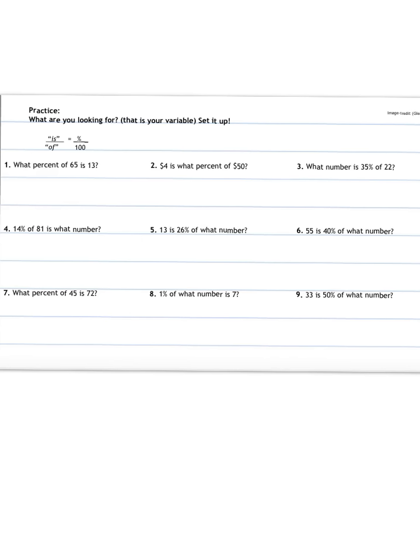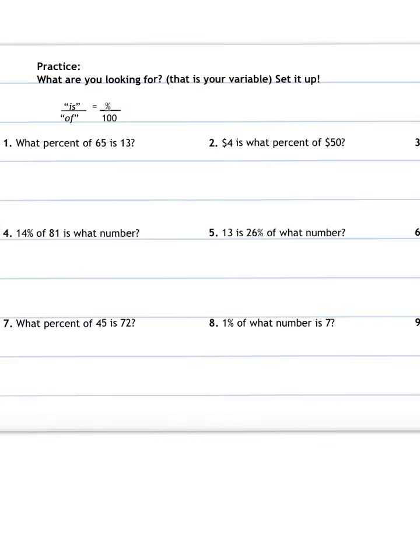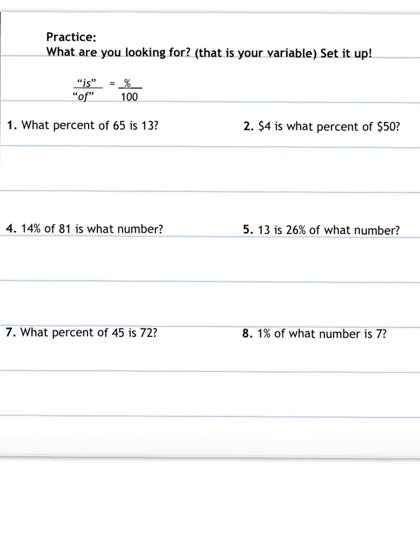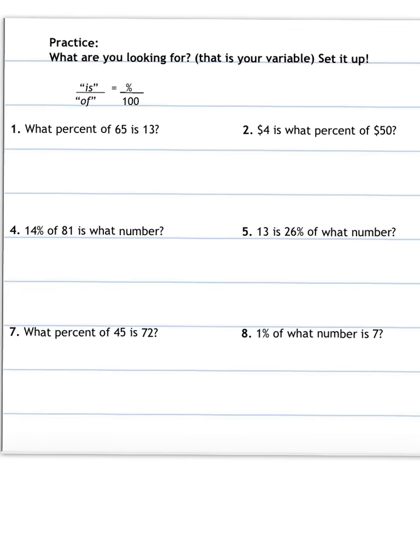All right, so we have some practice here where we're making sure that we know what we are looking for. So what is our variable, and that's how we're going to set it up. I'm going to go through some of these, not necessarily all of them. Again, note this: is over of equals percent over 100. So what percent of 65 is 13? Draw your proportion. What percent, that means our variable is over the 100,